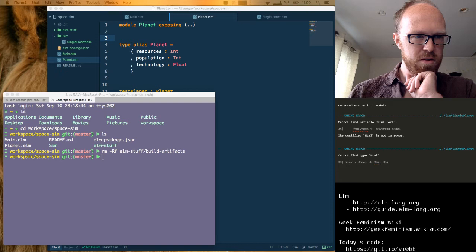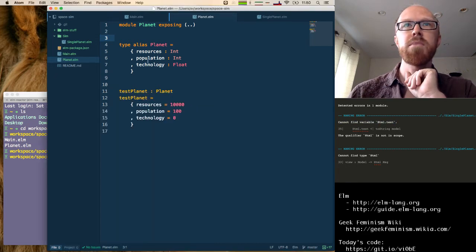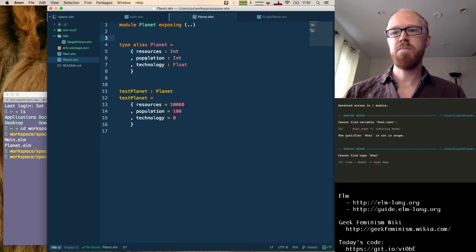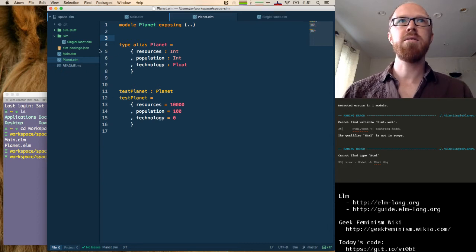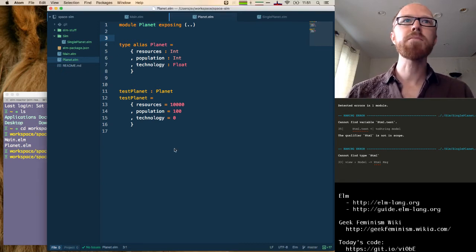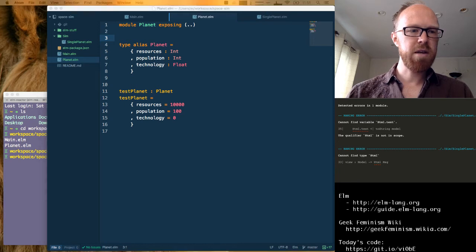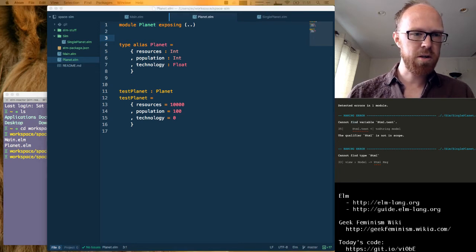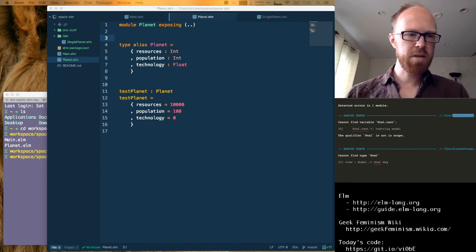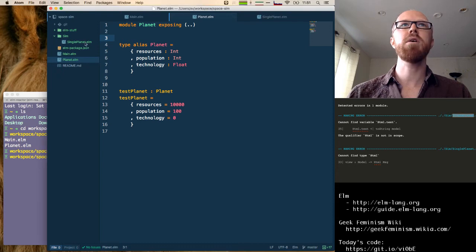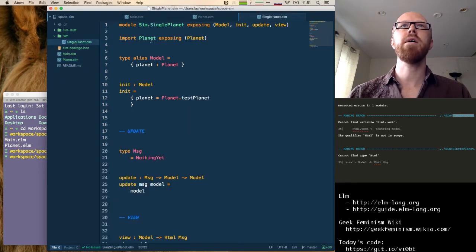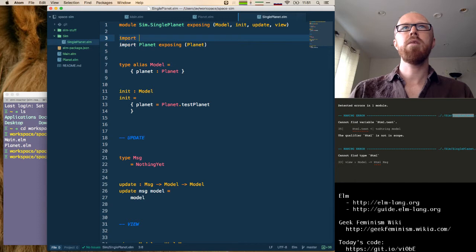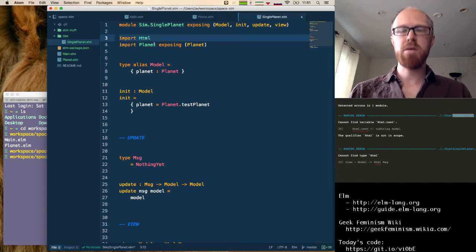All right, so yes, that was the problem for some reason. I know there was one bug in the Elm compiler that was recently fixed, so the next version of Elm will track dirty dependencies a bit better, but hopefully that'll fix whatever bug we just saw as well. Okay, so in our SinglePlanet.elm, we forgot to import Html. Let's go do that. And I personally tend to try to keep these in alphabetical order.